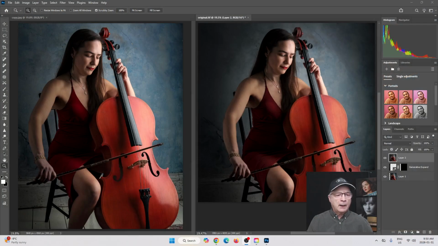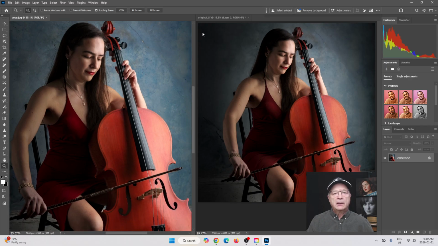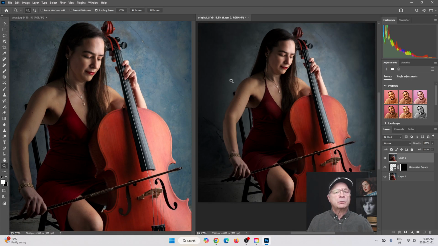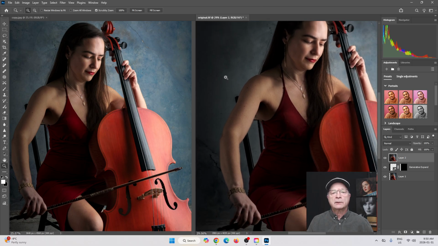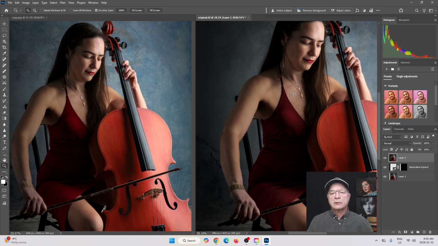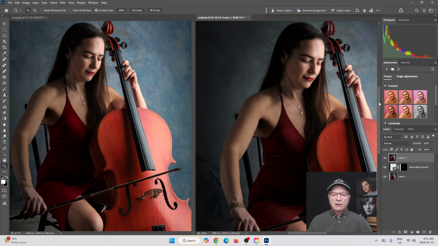I just want to show you one more time the two images, and you can see the refinements. I'm just going to zoom in a little bit here, not much, and the same on both images, at about 25%, 43, 29. Close enough. So the adjustments are subtle, but they're softer.